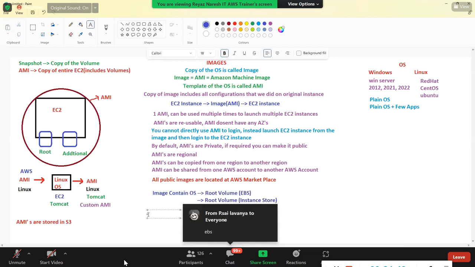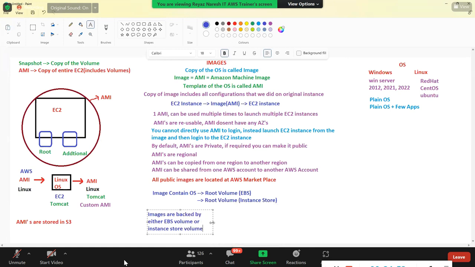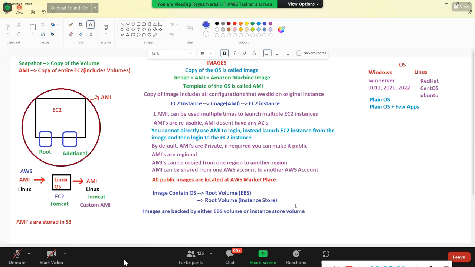So here the certification question will be: images are backed by either EBS volume or instance store volumes. So it is up to us whether we want to select EBS volume or instance store volume, right? Guys,